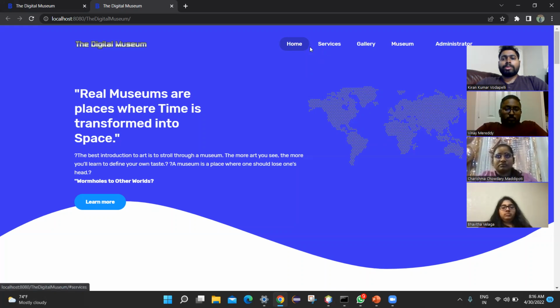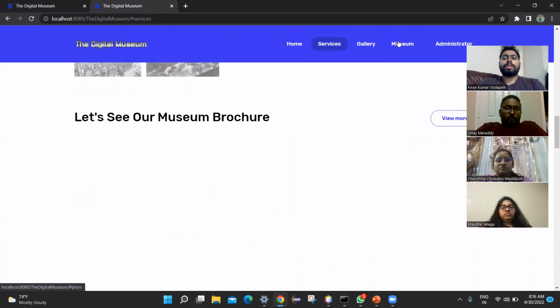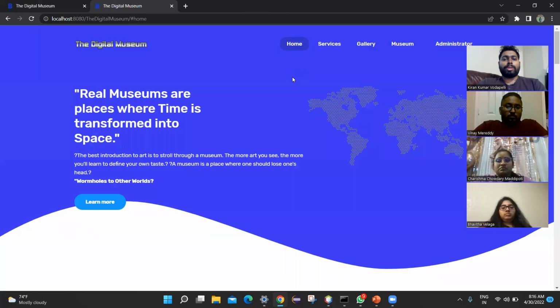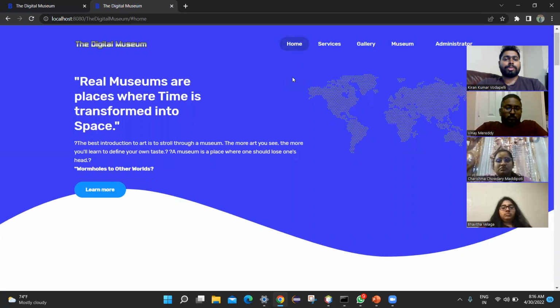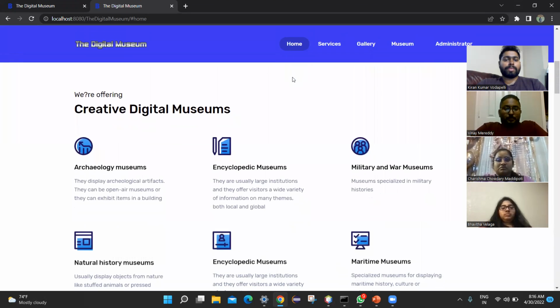So once you see here, all the modules are pretty easy to find, and we have the home module, service module, gallery module, museum module, and administrative module right here. So just one click will move you from one section to another, and we have created a one-page loading system here. So you just need to scroll down to move from one section to another.